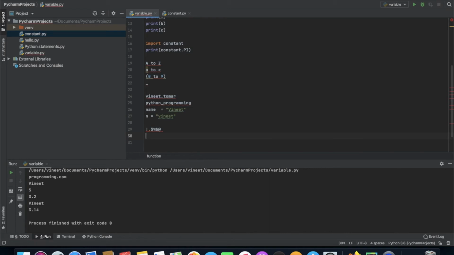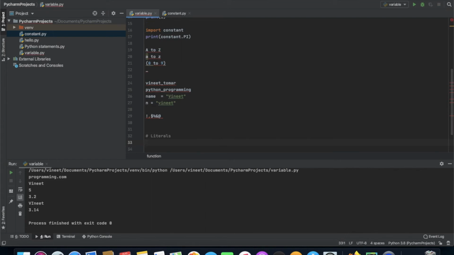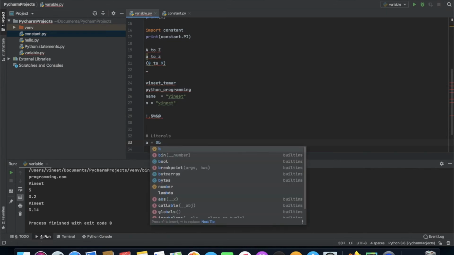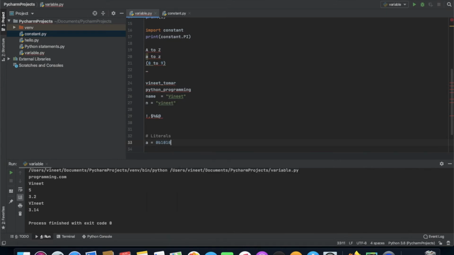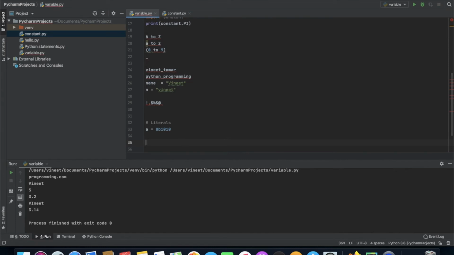Suppose I have assigned a equal to a literal, so basically it is a binary literal. We can't change these literals. And we can't change any complex literals either. So these are the literals which we can't change, and their output will be given as the same.